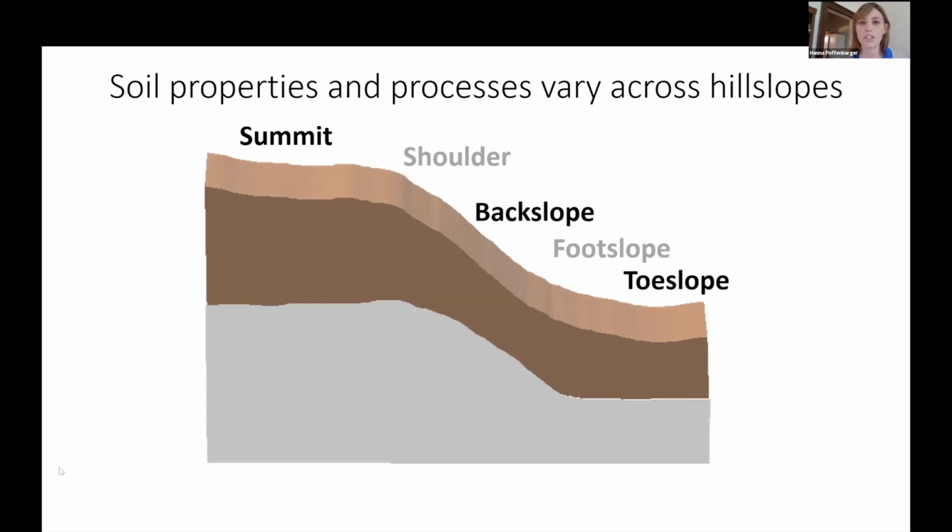So this is kind of a general hill slope diagram that soil scientists use. So we have at the top of the hill, the summit. That convex position is the shoulder that transitions into the back slope, the most sloping part of the hill slope, which transitions into this concave portion, the foot slope. And then the toe slope is the lowest elevation and low slope area in the hill